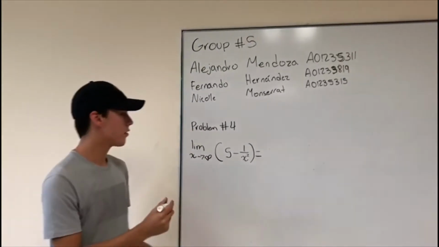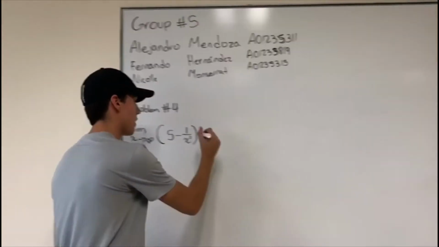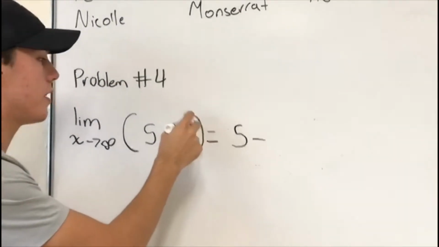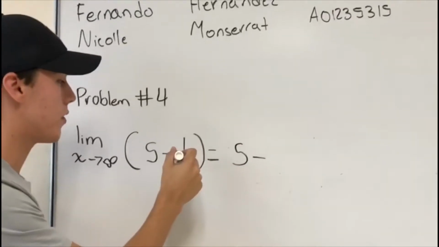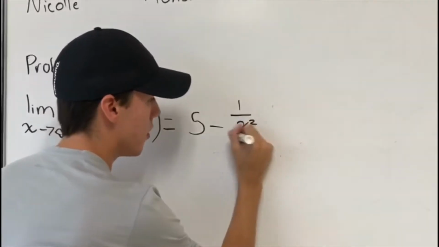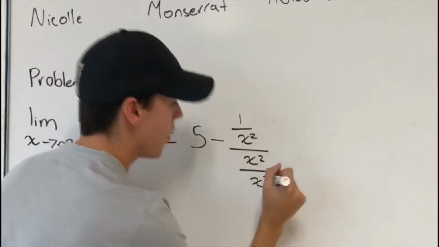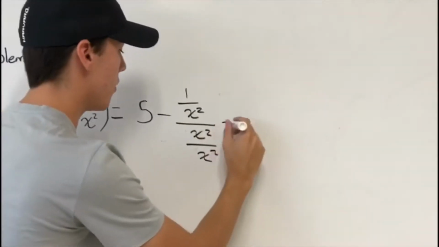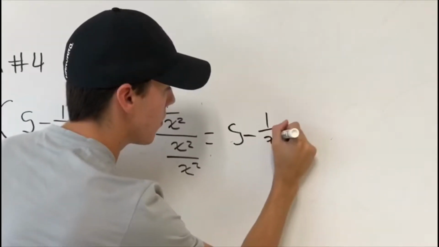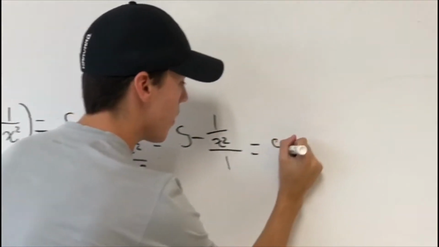First, we check which exponent is bigger, which is this one, x squared. So we have to divide the numerator and the denominator of the fraction by x squared. So we get 1 divided by x squared, and x squared divided by x squared. So we get 5 minus 1 divided by x squared, over 1, which is equal to 5